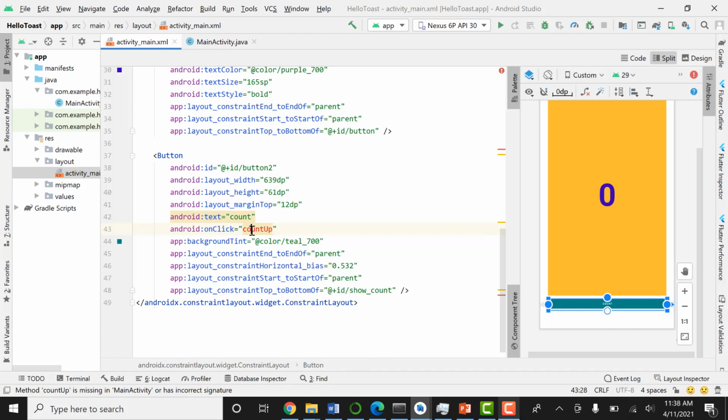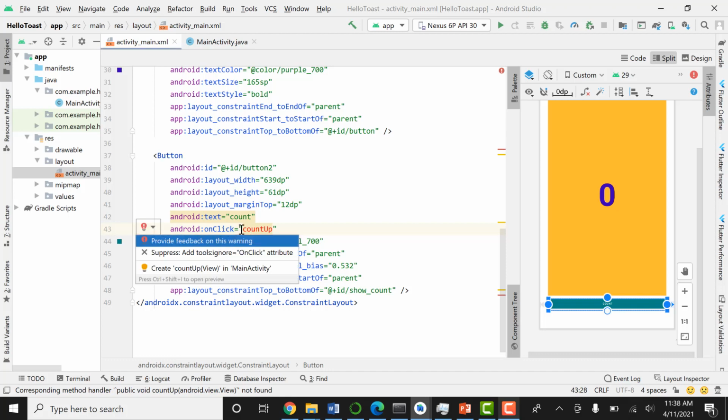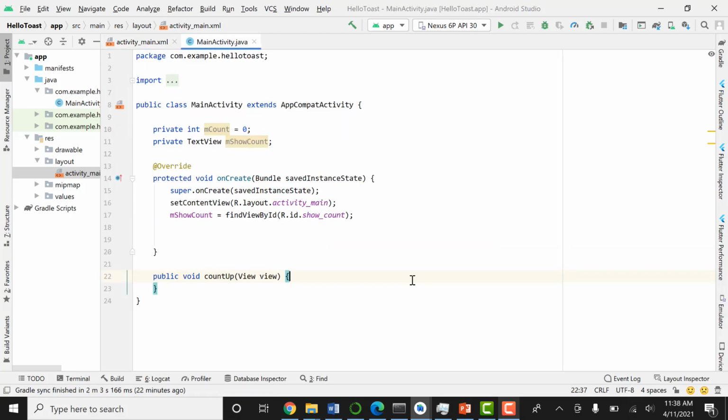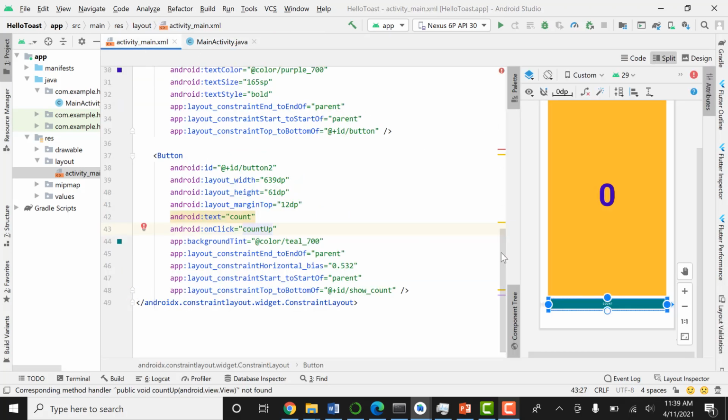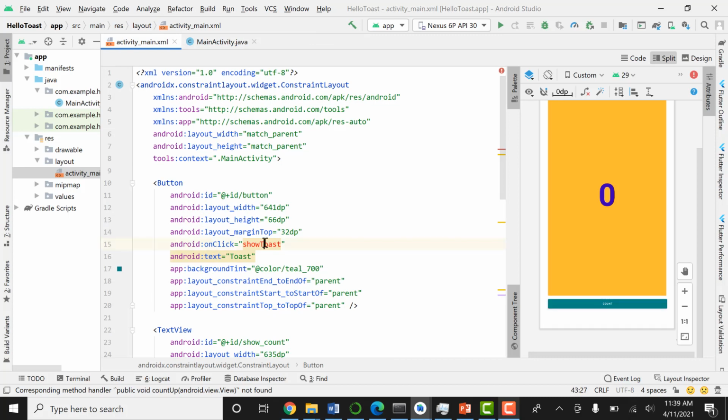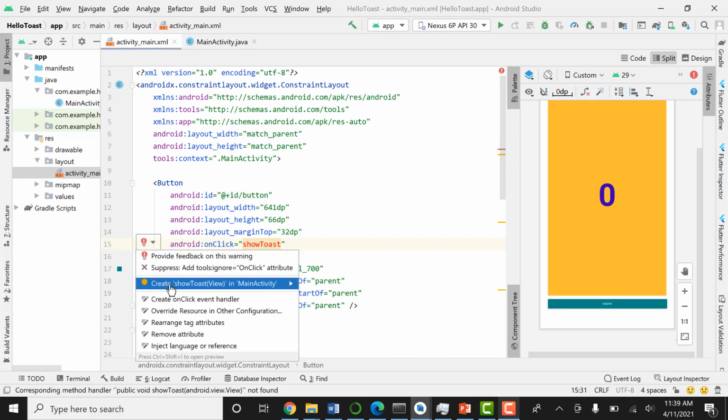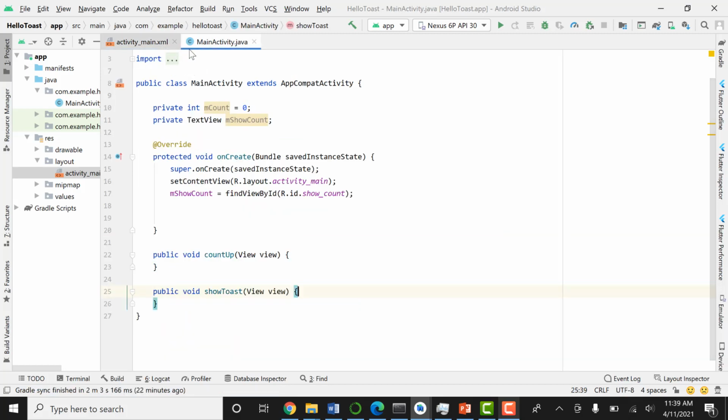These methods are not created, so let us get help from Android Studio. And I'm going to create both of these methods. So one method is created. Let us also create this show toast method in our main activity. So create show toast in the main activity,